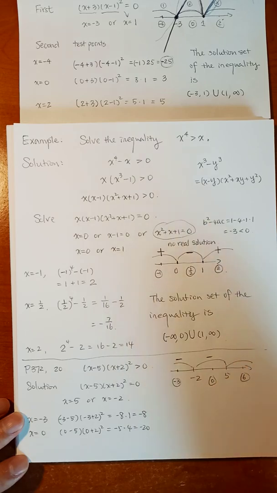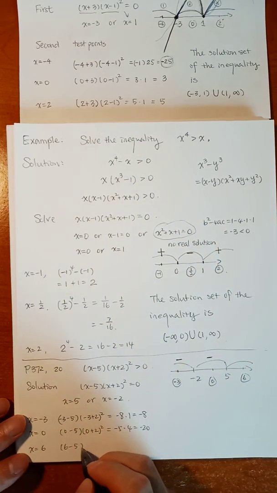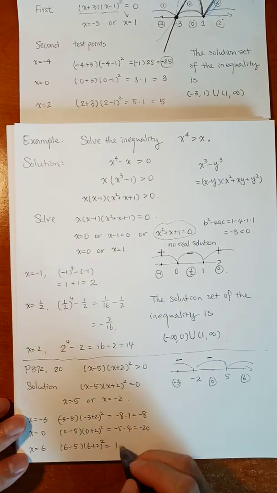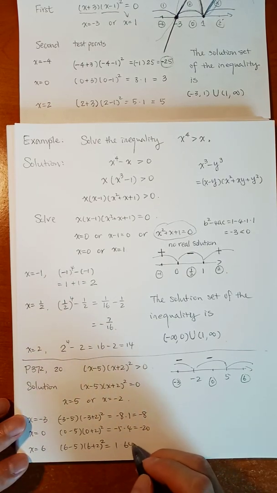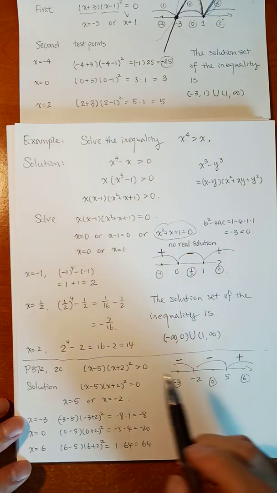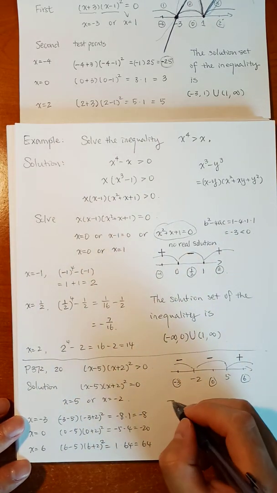Still negative. And on x is 6. So it's 6 minus 5, which is 1. 6 plus 2 is 8, squared is 64. 64, positive. Okay? And then let's check. The original inequality is greater than 0. Positive. So the solution set